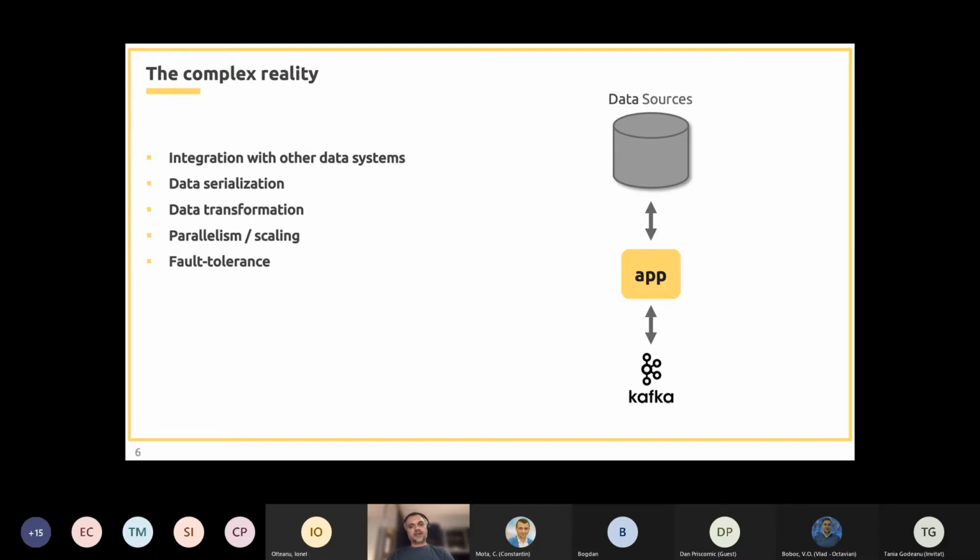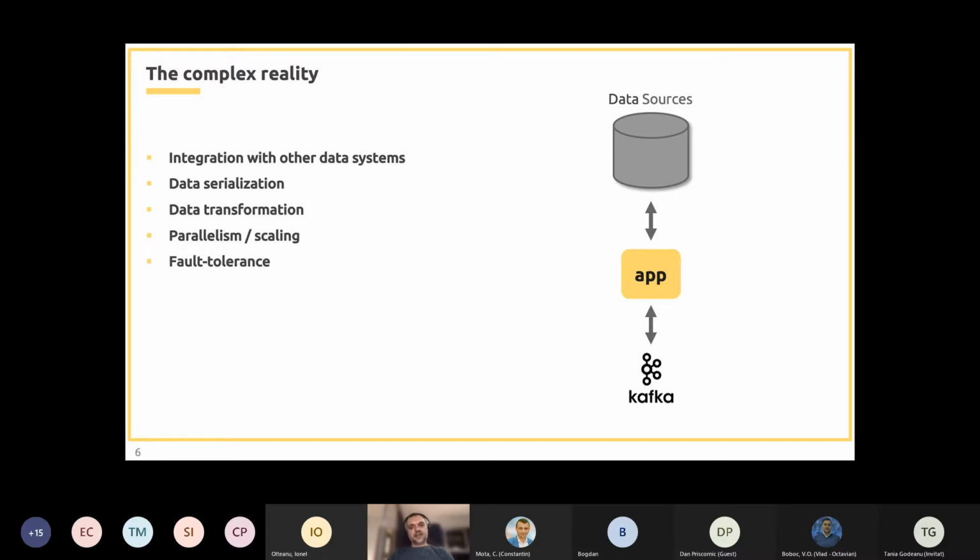Another key aspect when exchanging data between multiple applications and the external systems is data serialization. All these various systems may use different data formats, and all need to understand each other. Data producers and consumers need to agree upon a data format.